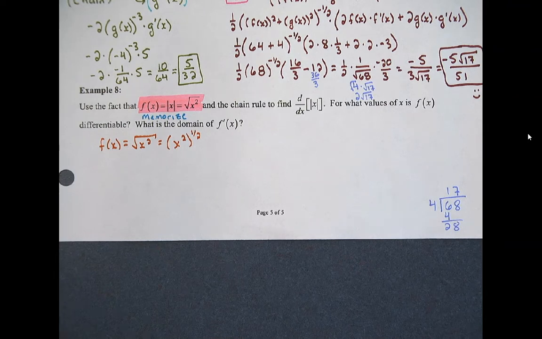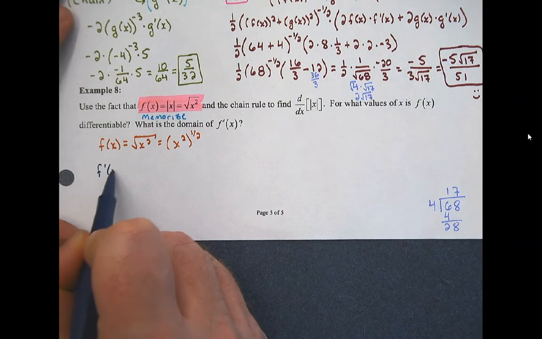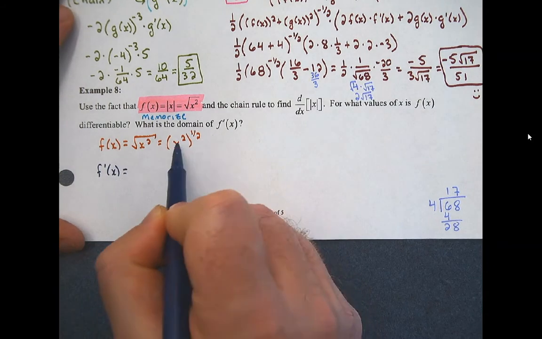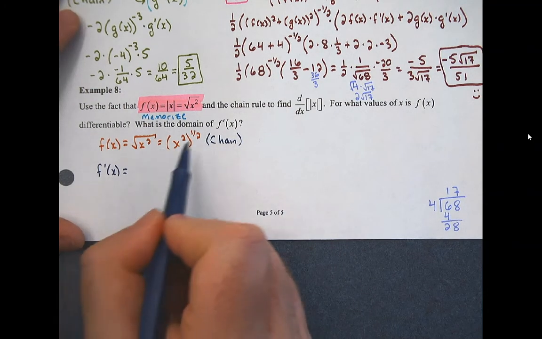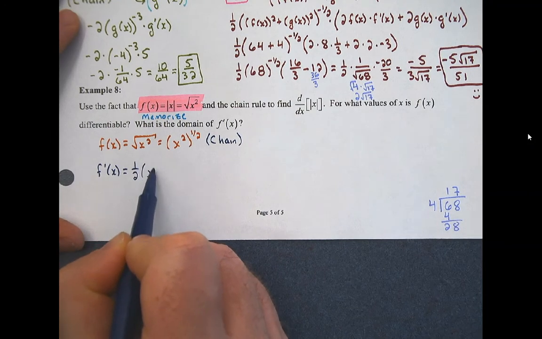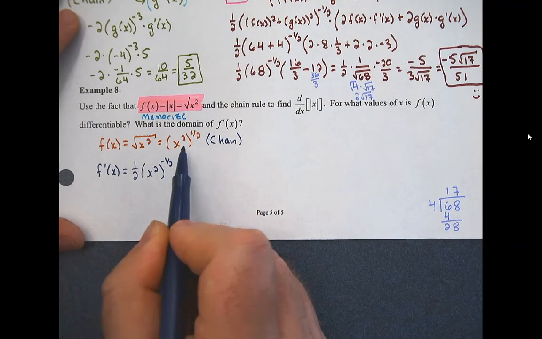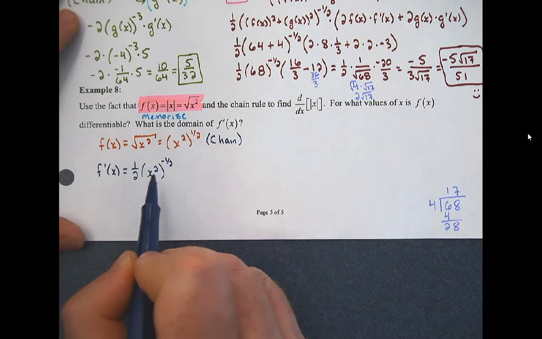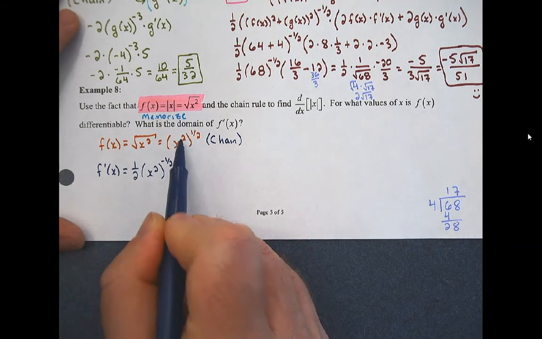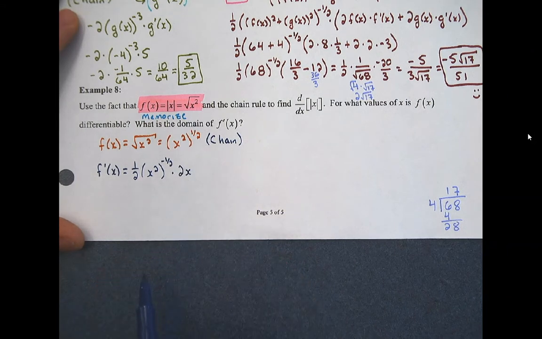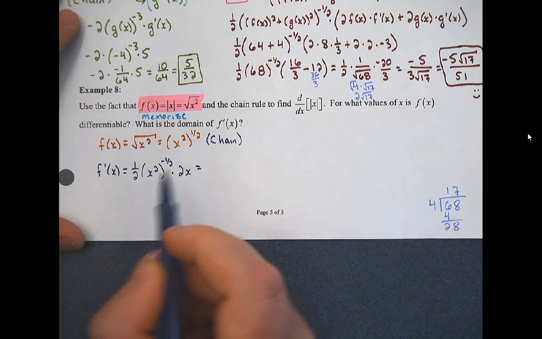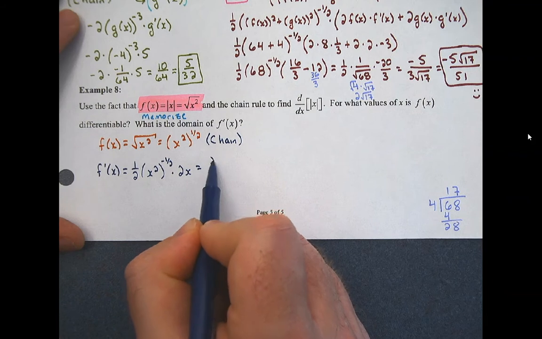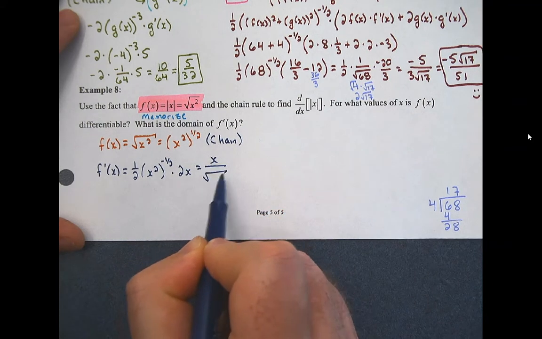All right, now let's actually figure out what we get when we derive this. So f prime of x equals, what type of rule is this? I've got something inside of something else. Chain. And so we get 1/2 x squared to the negative 1/2. So something to the 1/2 is 1/2 something to the negative 1/2 times the derivative of my something, which we can then clean up. So 2 divided by 2 is going to cancel out, and then this is going to flip to the bottom. So I get x over the square root of x squared,